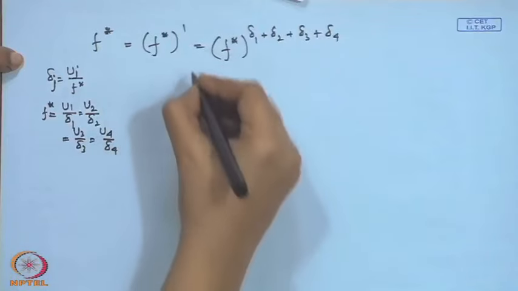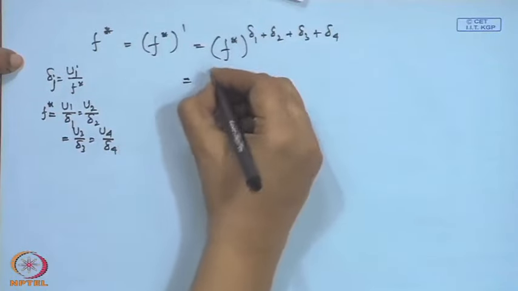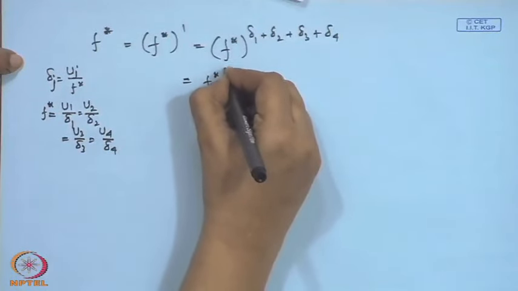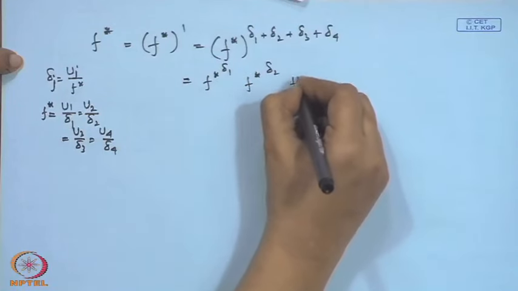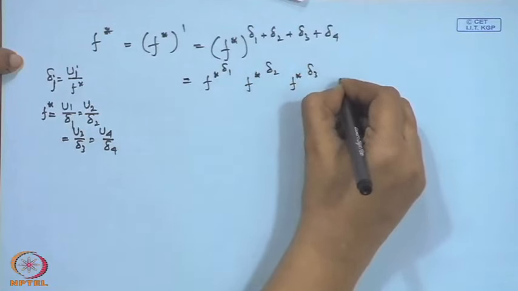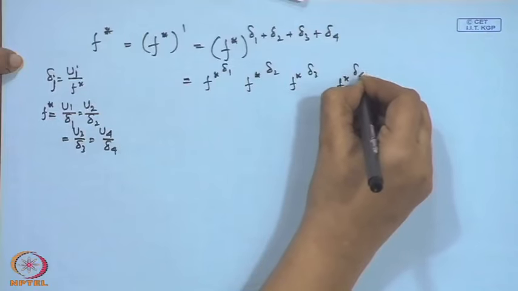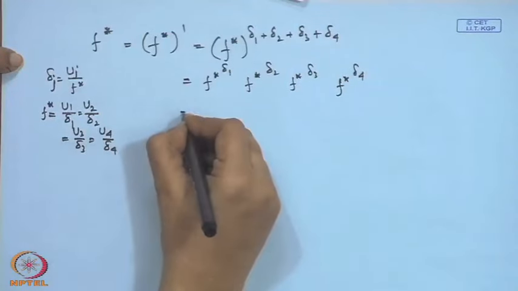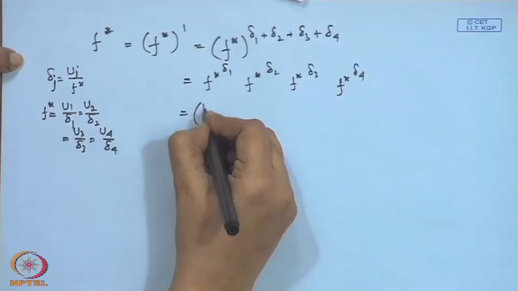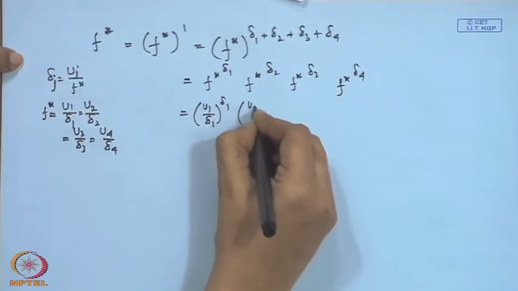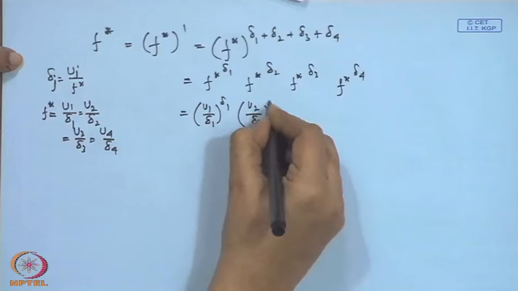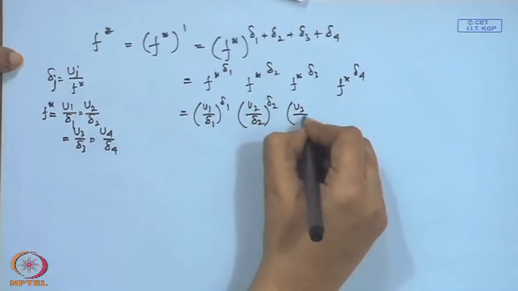Same fact we are using here. What we will do? We can consider f star to the power delta 1, f star to the power delta 2, f star to the power delta 3, f star to the power delta 4. Thus, after simplification, we will substitute u1 by (c1/delta 1) to the power delta 1, u2 by (c2/delta 2) to the power delta 2, u3